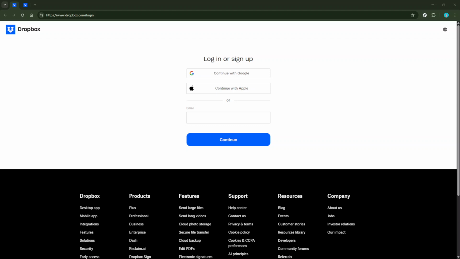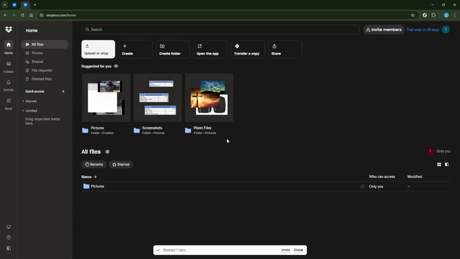Let's jump right in. First things first, you'll need to log into your Dropbox account. Head over to your preferred web browser, type in dropbox.com, and hit enter. Once the page loads, you'll see the login option on the top right corner. Enter your email and password, or if you already have Dropbox open via an app on your device, you can double-click directly to access your account. If you have two-step authentication set up, which we highly recommend for security purposes, make sure to verify that as well. After logging in, you'll be on your Dropbox homepage.